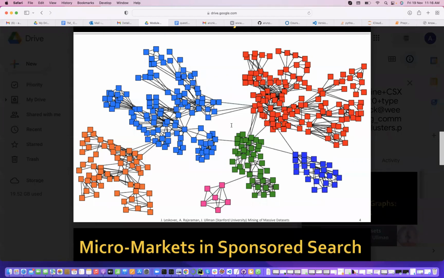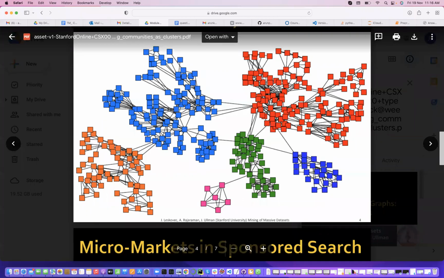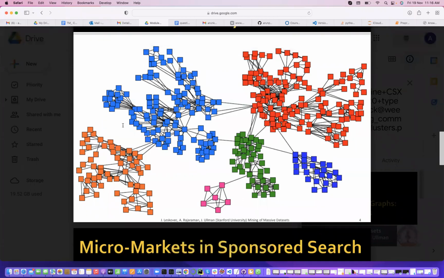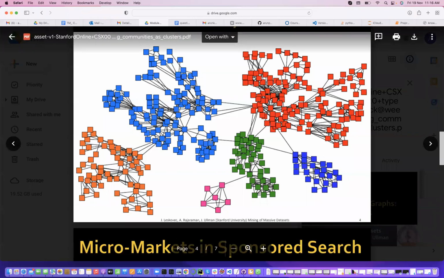Those points probably have similar properties within the cluster. Look at the edges and see what is happening. There are fewer edges between points falling into two different clusters, right? And there are more edges between points falling into the same cluster. Yes, sir. So that is the observation we can make.